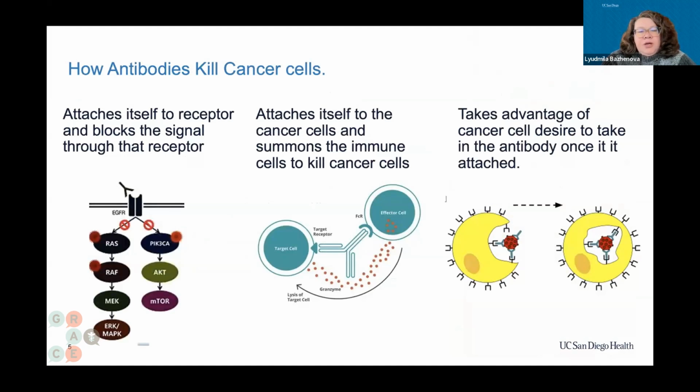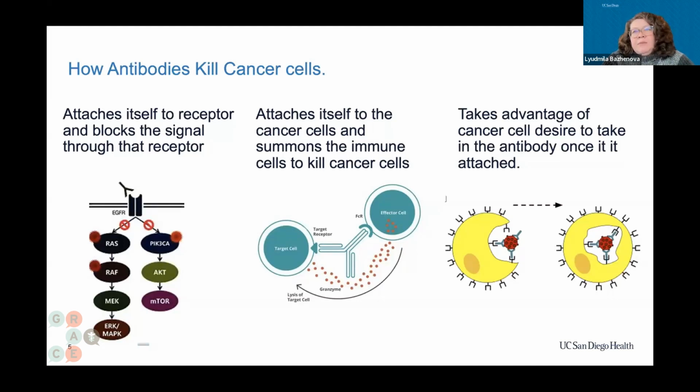And there are several ways of doing it. One of them is that it attaches to the surface of the cancer cells and blocks the signal through the receptor. The way you think about it is like an electric car: if the electric mechanics are scrambled for one reason or another, your car cannot drive because all the electricity has been scrambled. The second way it does so, once it attaches to the cancer cell, is that it marks the cancer cell for degradation by immune cells. You can think about it like I'm attaching a post-it note to the cancer cell saying this cell needs to die. And then the immune system will go in and kill that cancer cell.